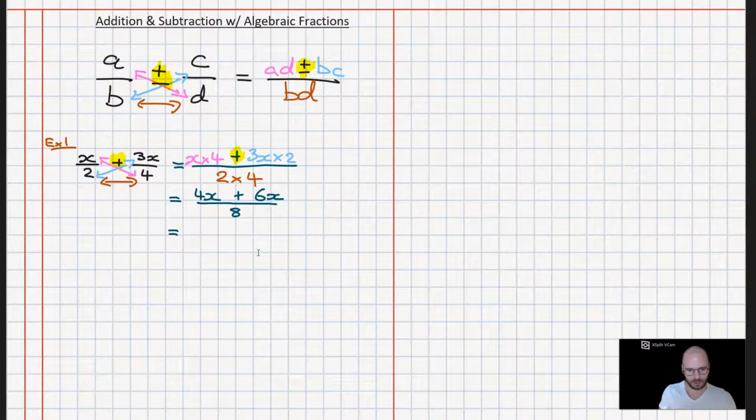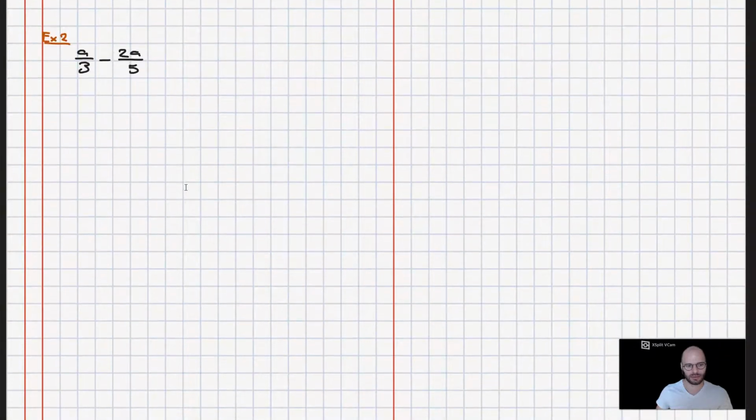Collecting like terms in the numerator, 4x plus 6x is 10x all over 8. And we can simplify that because we know 10 and 8 are both divisible by 2. So we're going to get 5x all over 4, like so. Alright, so that's example 1 done. Now there is a faster way to calculate this, but I'll show you how to do that after I've done the second example. So let's go down and we get to our second example here, and it's a over 3